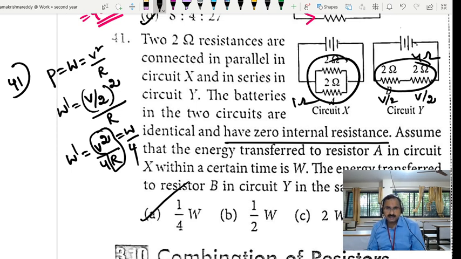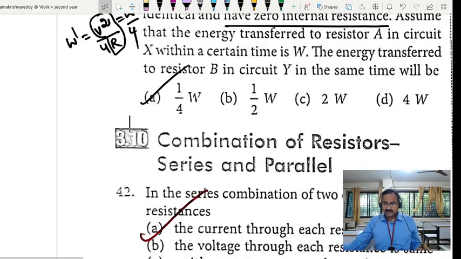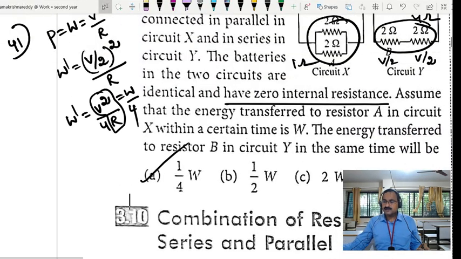P is equal to W, that is equal to V square by R in the first case. In the second case we are taking the same thing, like this we are observing in these cases. But here the effective resistance we are taking as the symbol R only, we are not substituting. Mainly we are focusing on how the potential difference is written. For the parallel combination the potential difference changes, but in the case of a series combination the potential difference will be different but equally divided. We are not focusing on the effective resistance for this type of problem. With that we completed these questions given in the material.